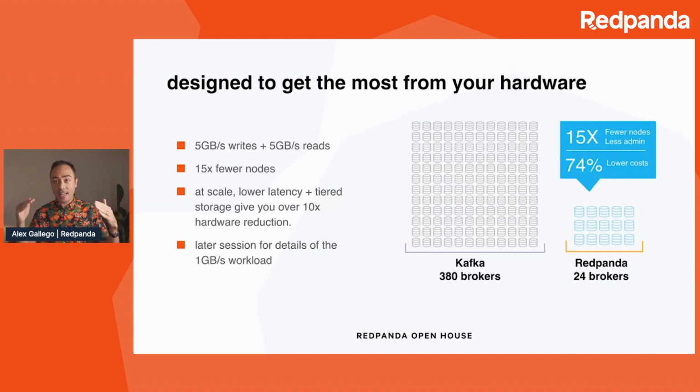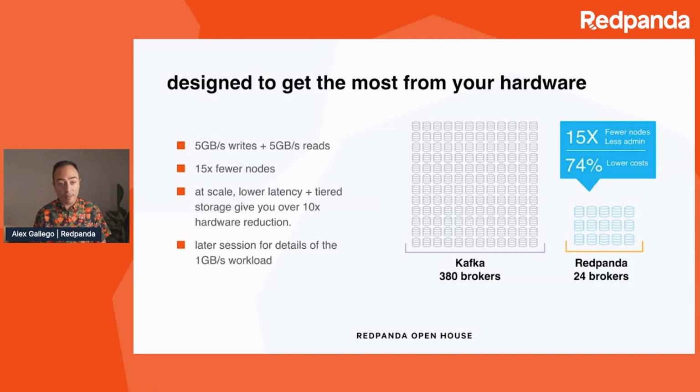And so at scale, the point I'm trying to highlight is that the trend lines continue to expand. From a 3-node cluster, and we're trying to be really transparent and honest with everyone in the world, at the low end, when you have 3 nodes, Redpanda still delivers cost savings. But the trend line, as you continue to push the data volumes of your cluster, continues to expand. And for this particular workload of a 5 GB per second write with 5 GB per second reads, that company was able to use 15x fewer nodes.